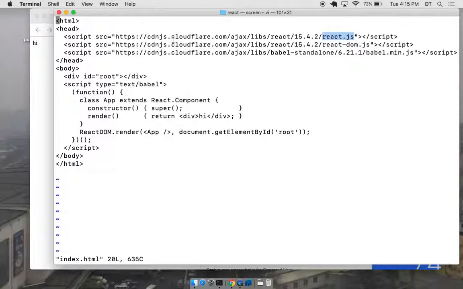Anyway, I don't want to get into too much detail there, but these libraries are made available for free through these content delivery networks. And I don't understand the business model for that. How could they make these free? Why would they be doing this? I don't know exactly why, but they are available for free. And then you've got another